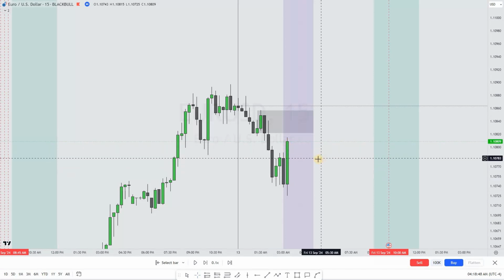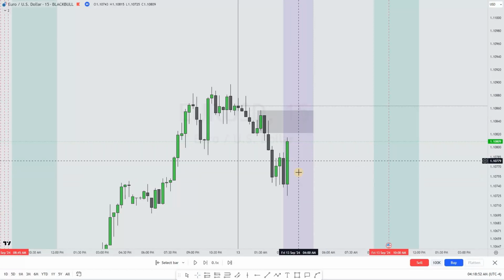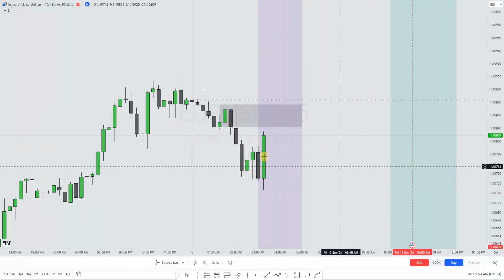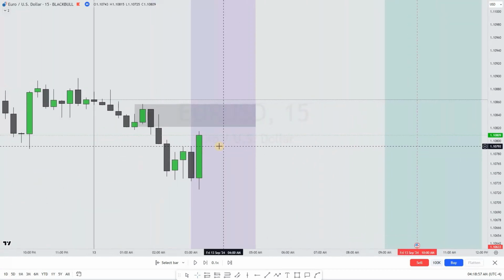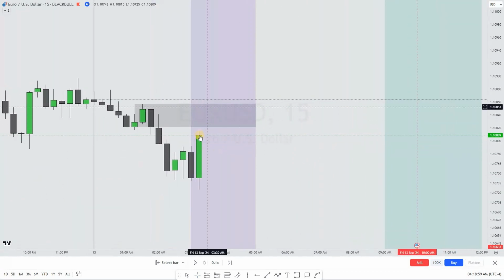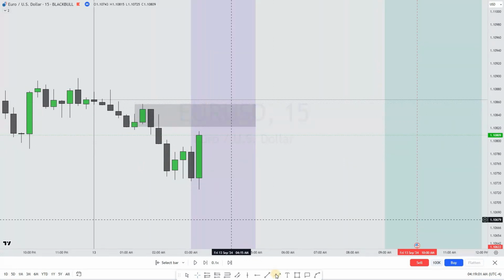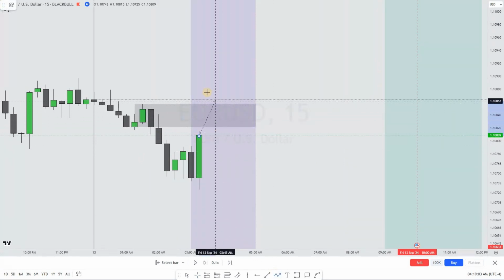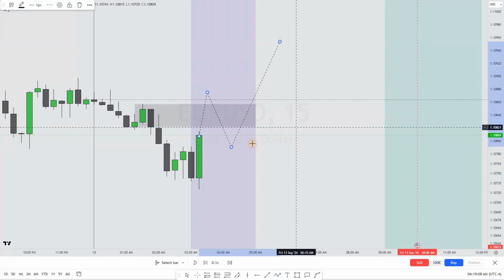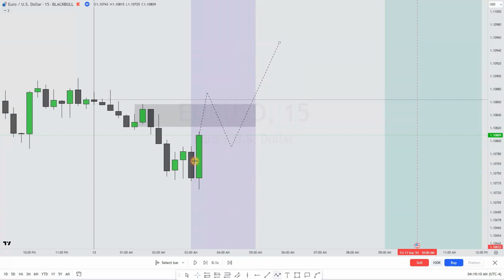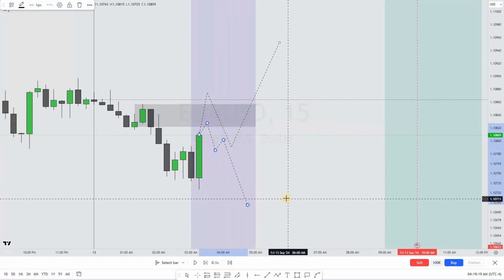So for me, coming into this session, I would not be looking forward to taking any trades, but I'll be observing what the market will do. Will the market continue to push all the way up and take out this level to give me that reversal trade to the upside? Or will the market come, reject from this level, and give me an opportunity to maybe enter a continuation trade to the downside?